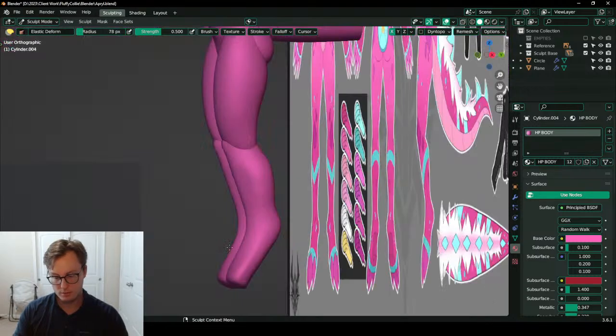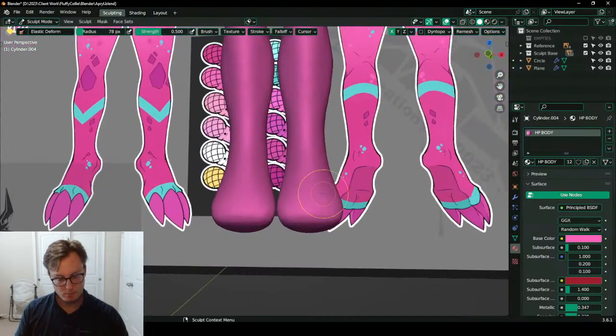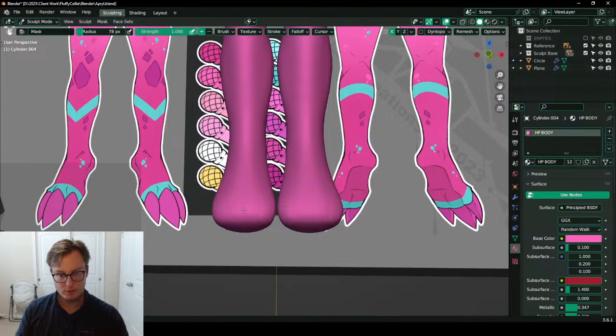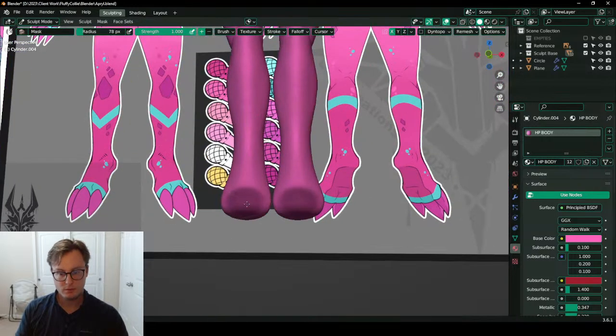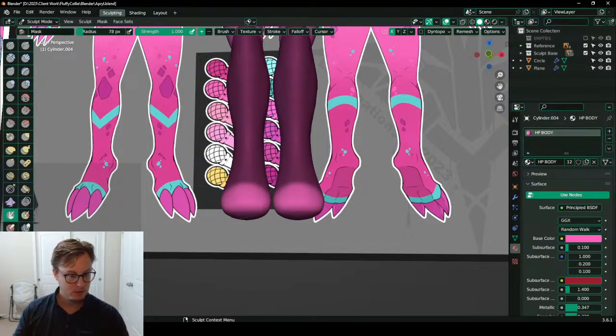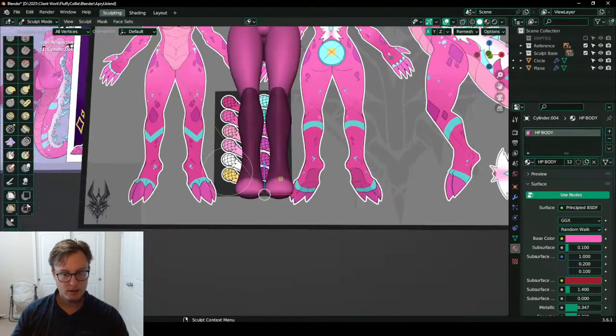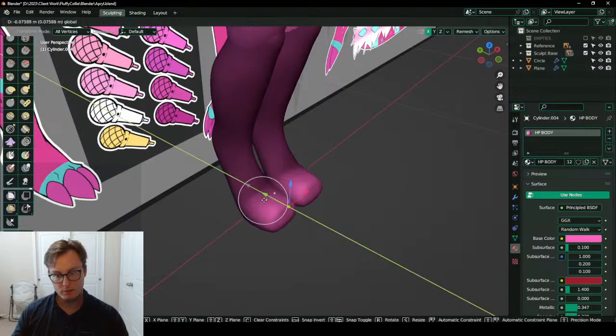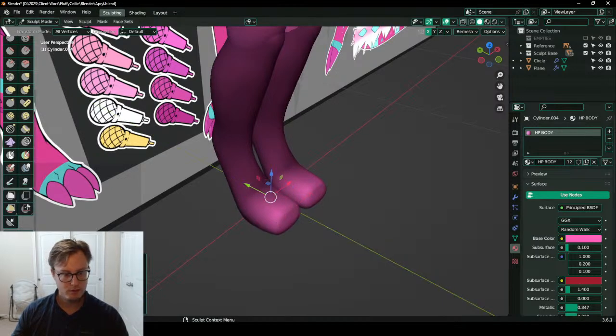That's too close together. And then I think I'll just mask the front of this, invert the mask, get this tool here, and just push it out. Much easier.